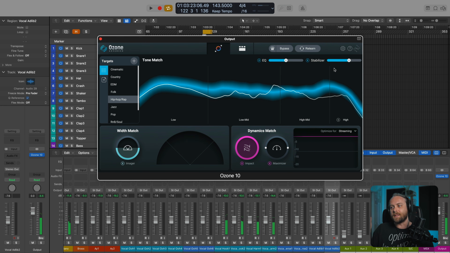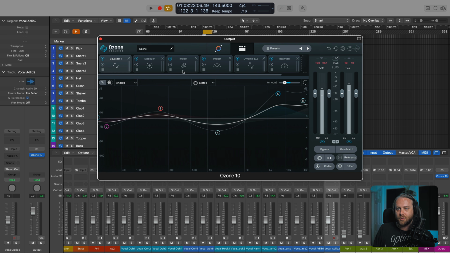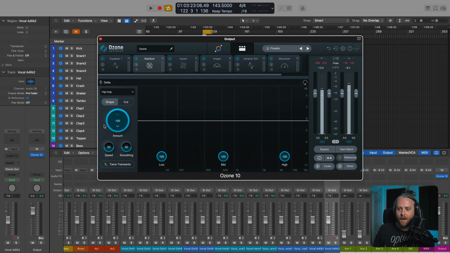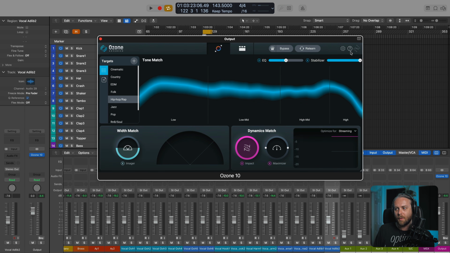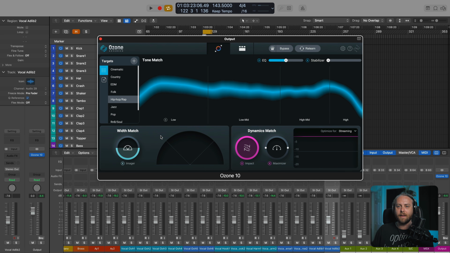Now the stabilizer is the second part of this tone EQ shaping, helping me meet this blue blob here. So same thing, I can scale it between 0 to 100%. At 100, I'll go over here and find the new stabilizer module. And now the amount is at 100. And just for demonstration purposes, I bring it back to 0. The amount is 0. So we're kind of like puppet mastering some of the modules in the detail view from this very handy, easy to use, high level Master Assistant view.